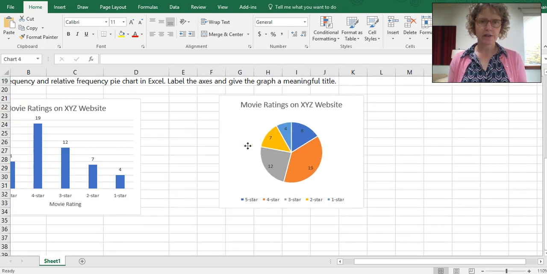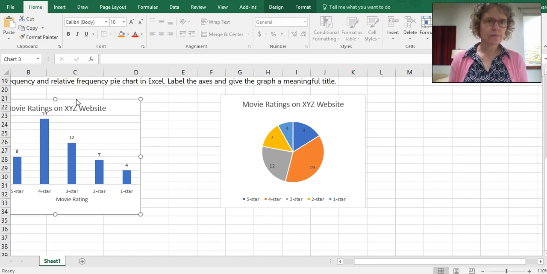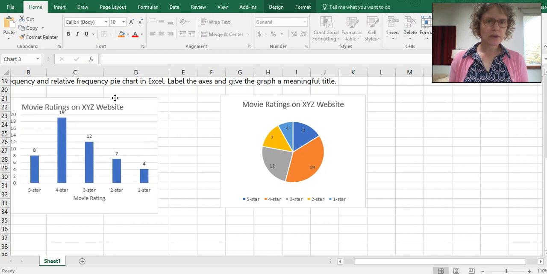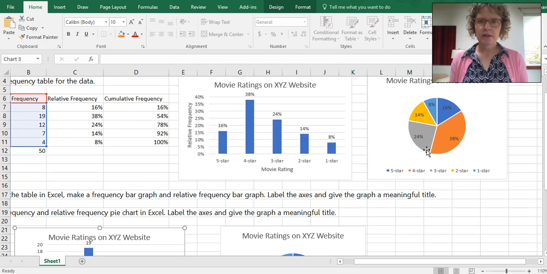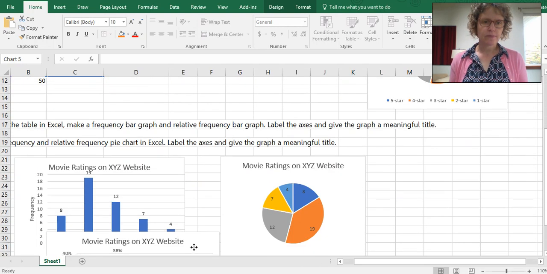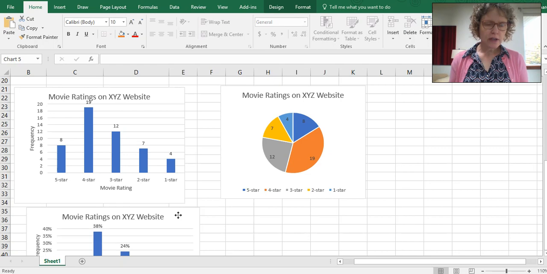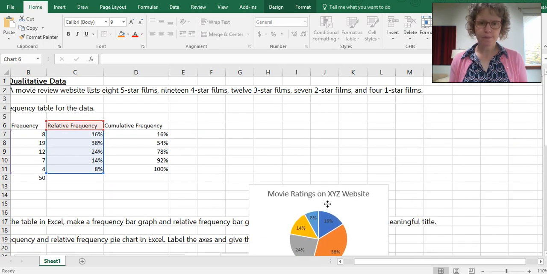Okay, so you'll be printing out all of your graphs, so you might want to just sort of organize them all. Oops, I didn't want to do that. Undo. Just moved something accidentally within the graph. I'm going to put these next to each other. If you want to do that, you can. That way you can just print them all out on one piece of paper.